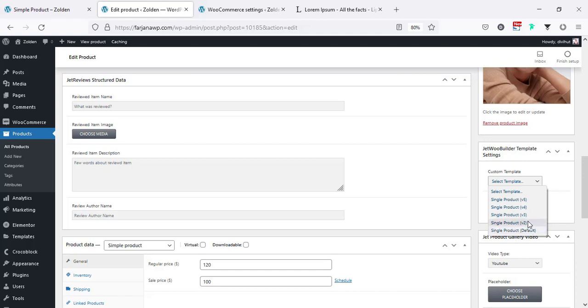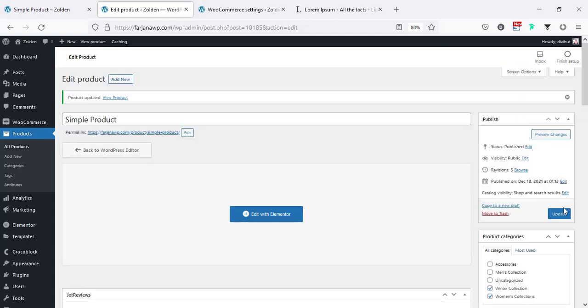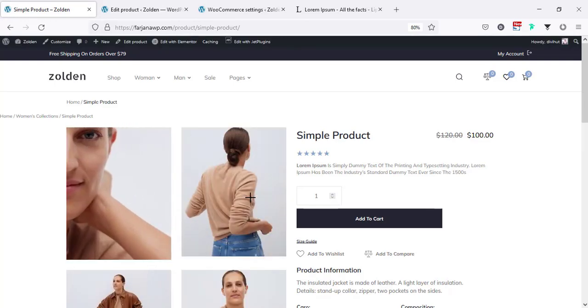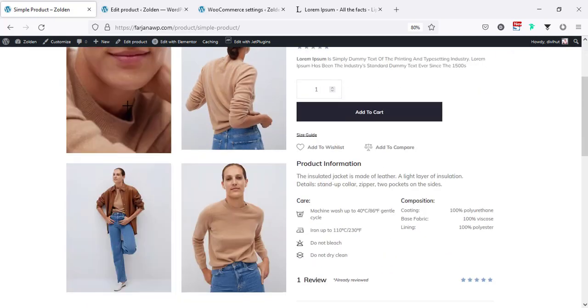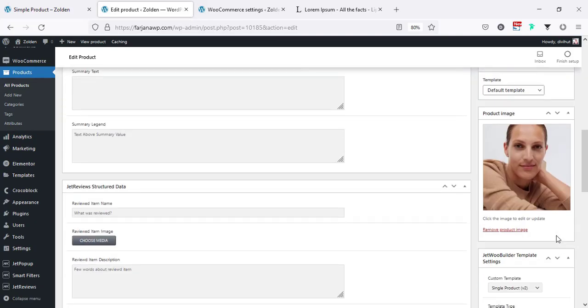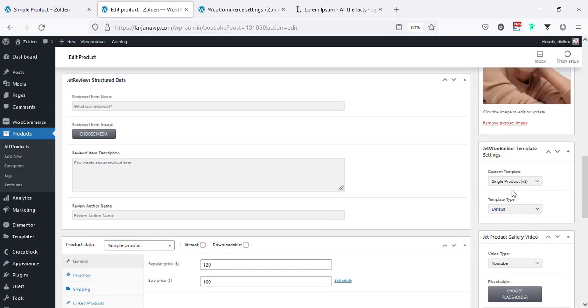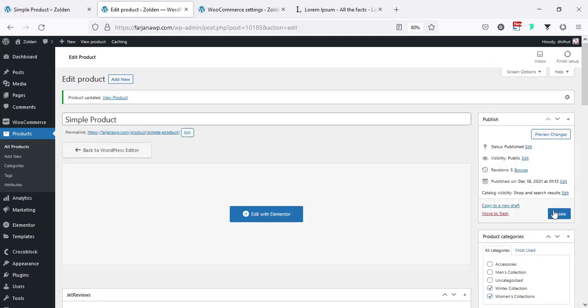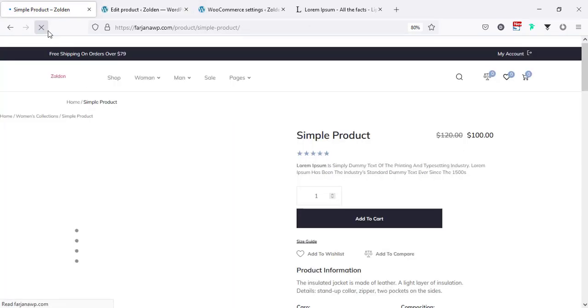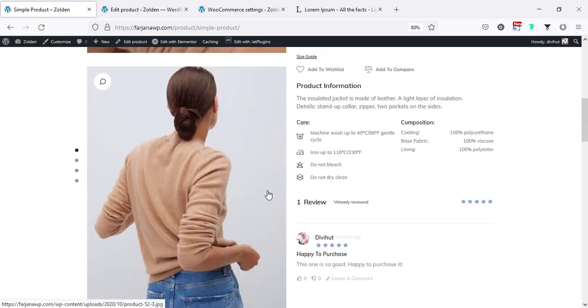If I select the version 2 and then save it, and now if I refresh, we can see our product item is showing in a different way. That's cool. And also here is more options like version 3, and saving it and refresh. Here is another one, vertical slider,